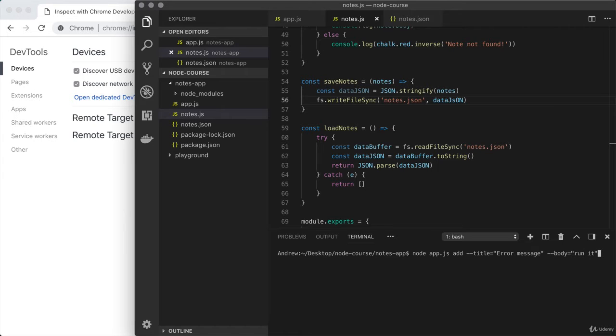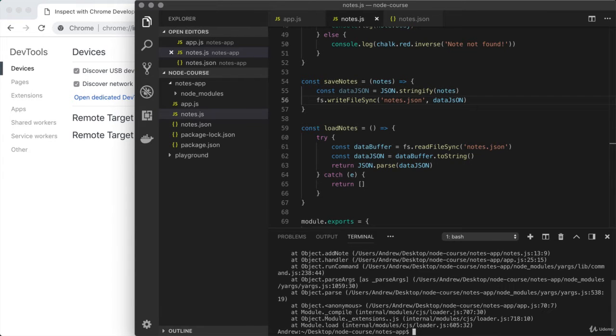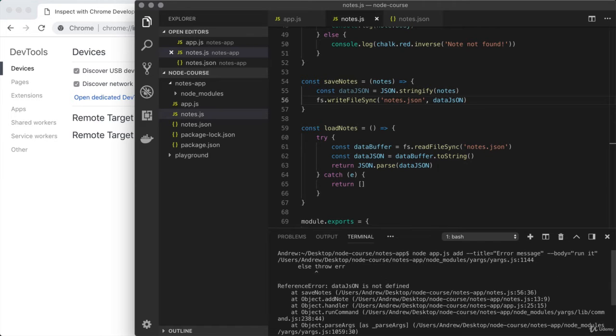Perfect. Now, if I run this, it is going to have the effect of running save notes when it tries to save our newly added note to the data store, and the program is indeed going to crash. So let's go ahead and hit enter to generate the error message. Now, if we scroll up, we can break this down, and the most important piece is right here, after a new line, maybe about 4 or 5 lines down.